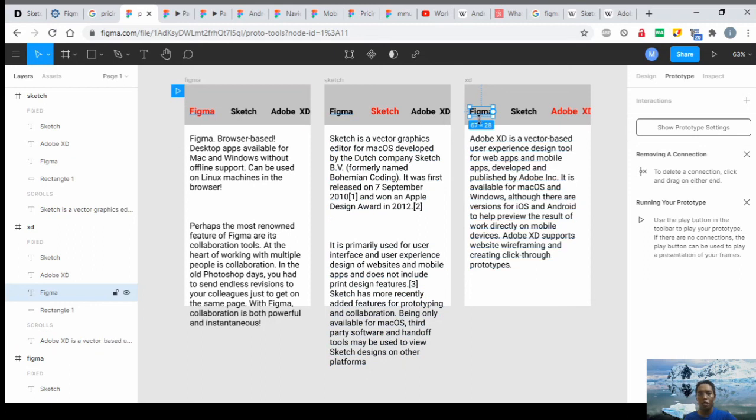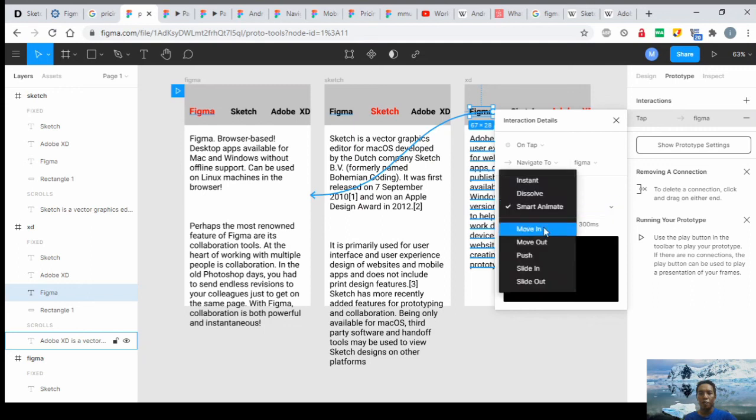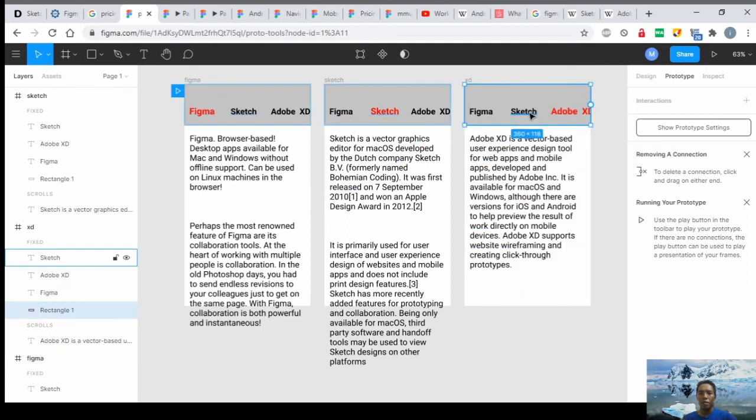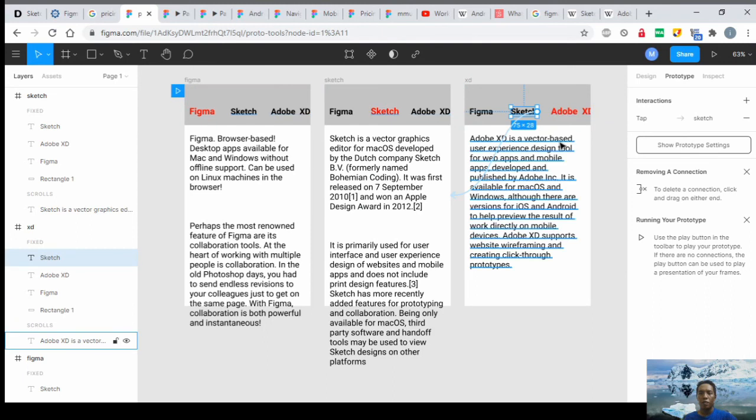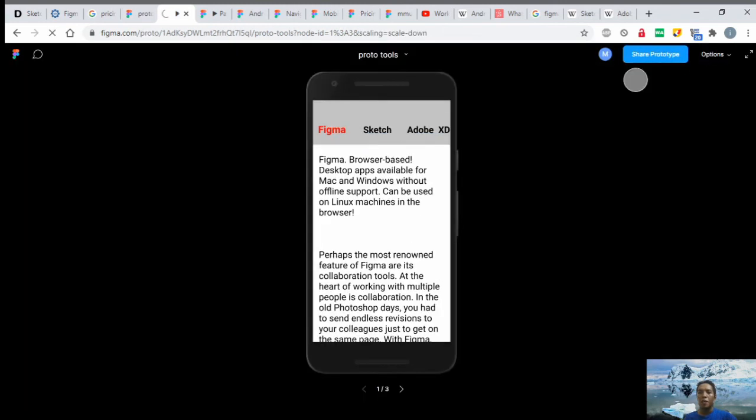I missed this one, so what I should do is I should link it to page number one. Okay, so play again,